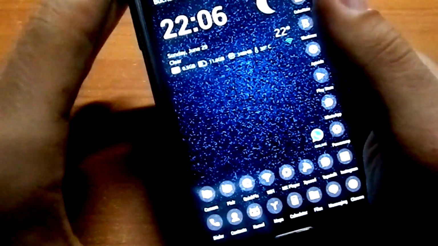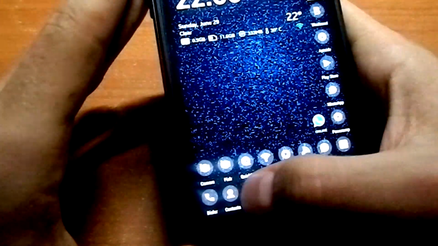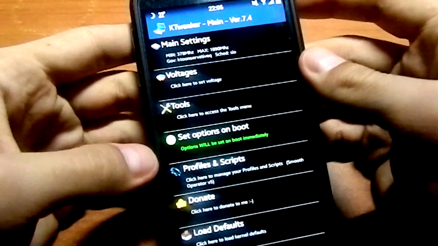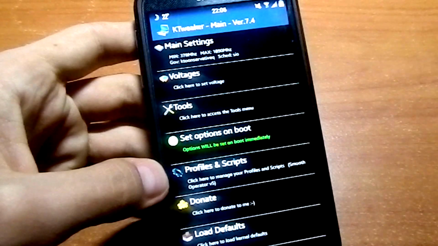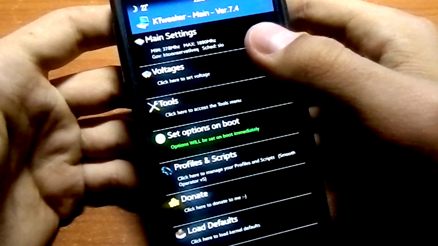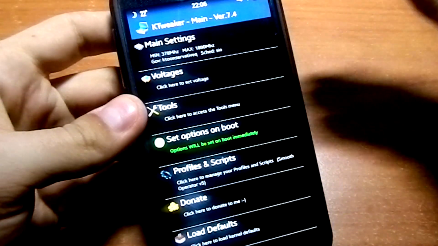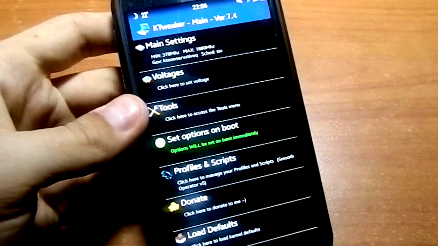Now, let me introduce you Ktoonez. This is the app that controls the whole kernel. It's like the heart of the kernel. We'll go through all of its settings, just to make sure you understand how they work,